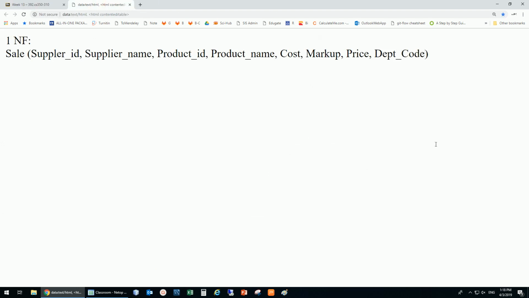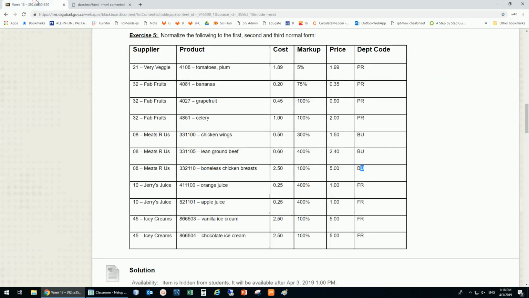Now, what's the primary key? Supplier ID and product ID. And product ID. Why can't I just use the product ID? We have multi-valued product name. Like what? Oh, this one? Yeah, I think this is one type of